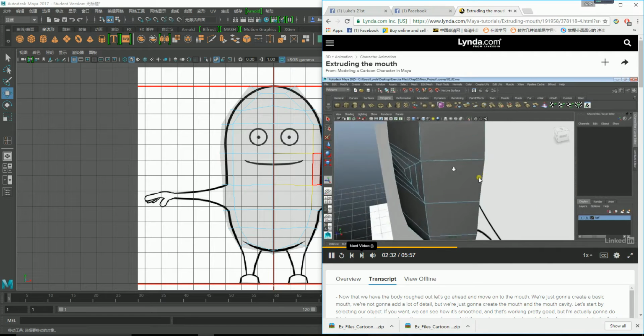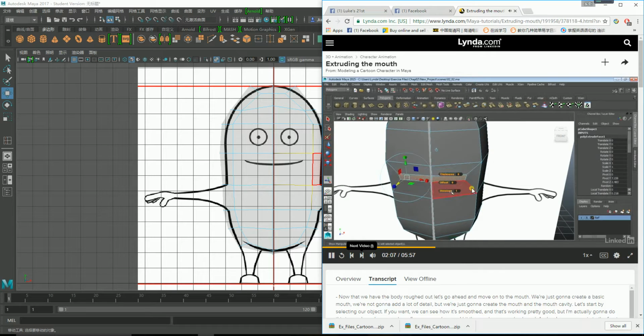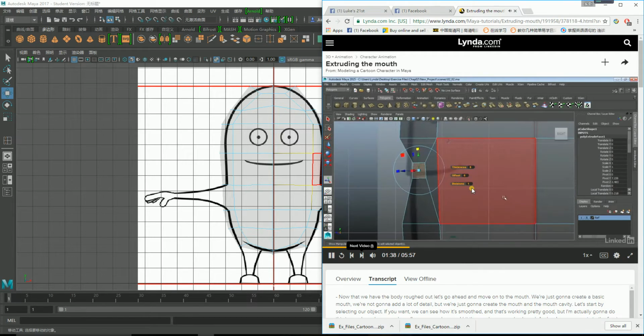But one of the problems, like I showed you, is that this is kind of sticking out this way. So detail just a dent, because that's